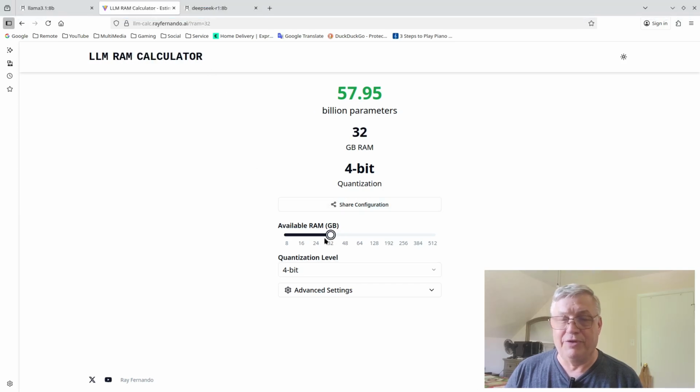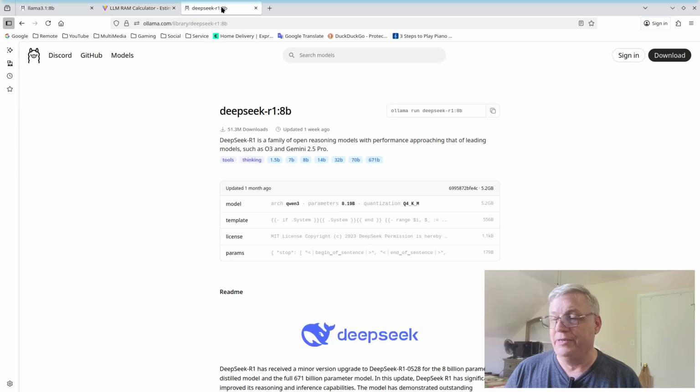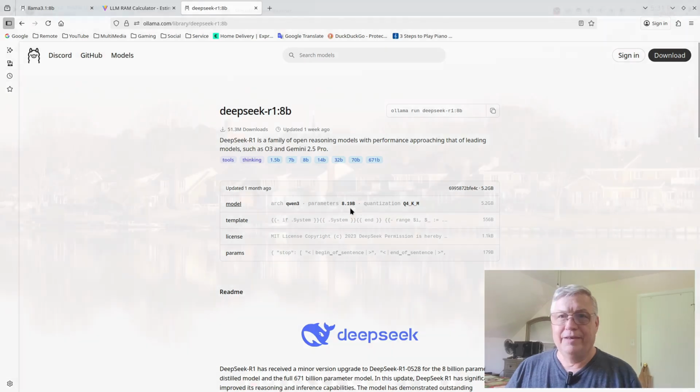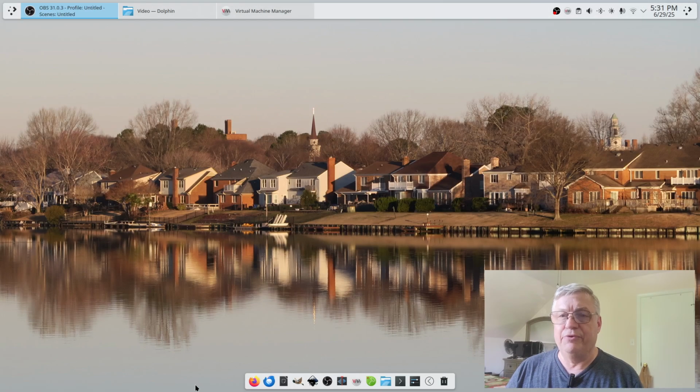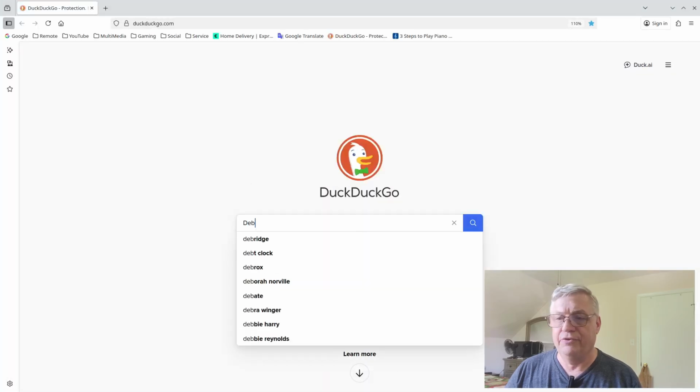Like I said, there's a couple other sites out there that do this, but it's just a quick and dirty way, instead of doing the math yourself, of determining how much RAM you're going to need. And again, you look at the information from the model page of the Ollama website to figure this stuff out. Next up, we want to get the Debian Trixie net install CD ISO,